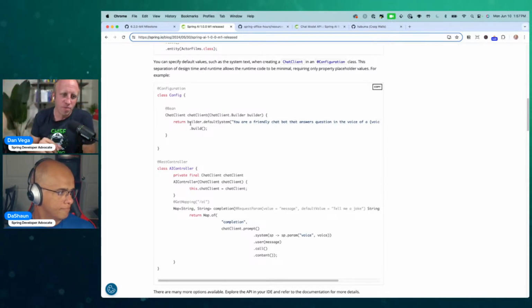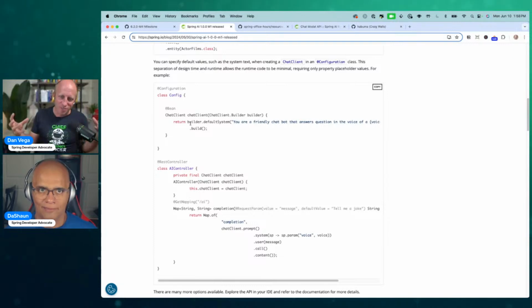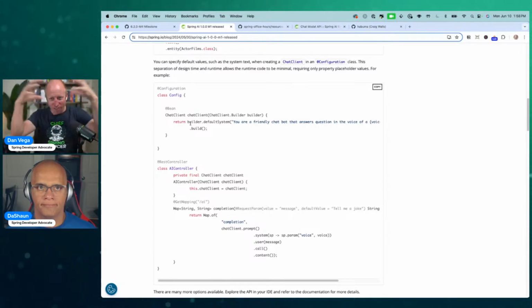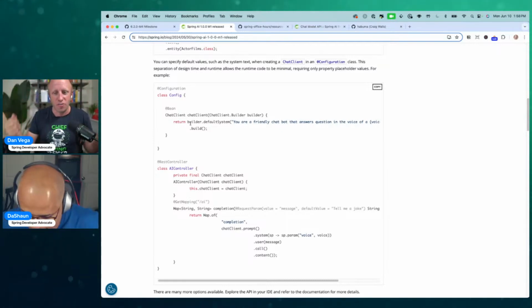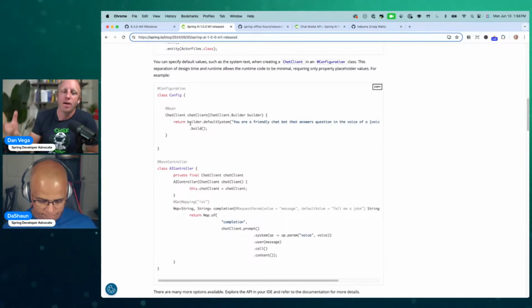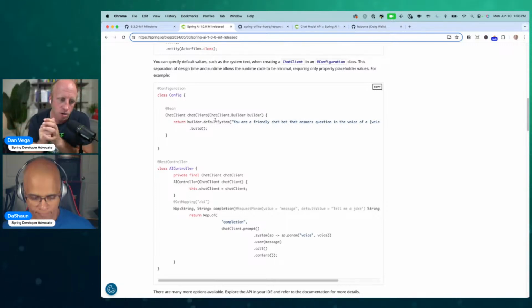And so a good example of this is like, you're a friendly chatbot, but you're going to answer everything in a pirate voice. So even though it's a funny joke about dogs, it would respond back in a pirate voice because that's kind of the overall hierarchy of the assistant. That's how it's going to act. So you can set some default system messages at the top when you kind of build out that chat client. And then every other method that uses that chat client can call using that user message and still use that